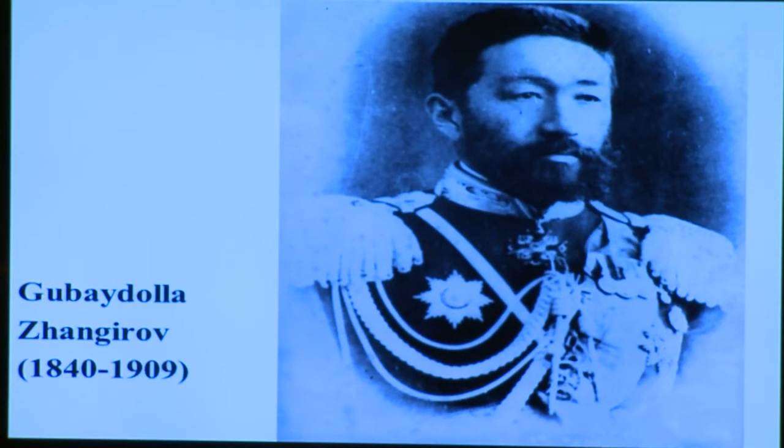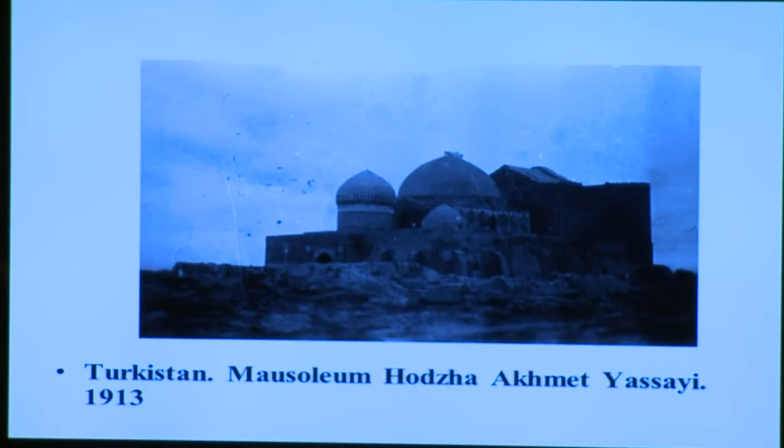And he helped Eugene Schuyler to visit the Mausoleum of Hoja Ahmed Yesavi, and later Schuyler wrote about this majestic structure. He was there at a restless time. The mausoleum was in the center of events when the Imperial Army of Russia started its military expansion against the Central Asian Khanates, Khiva, Bukhara, and Kokand. Today, the information written by the American diplomat is interesting, first, because of his own vision of the mausoleum, and second,